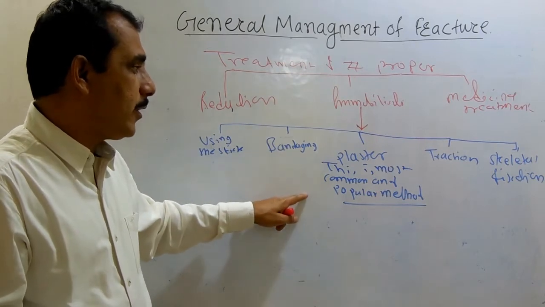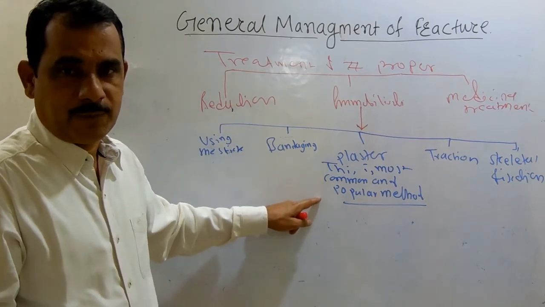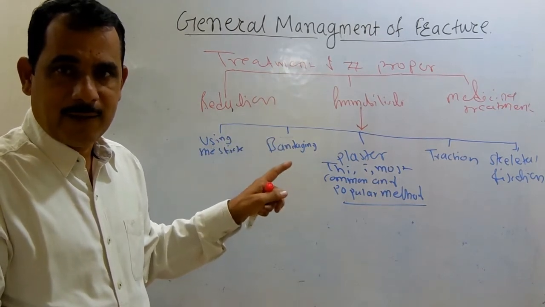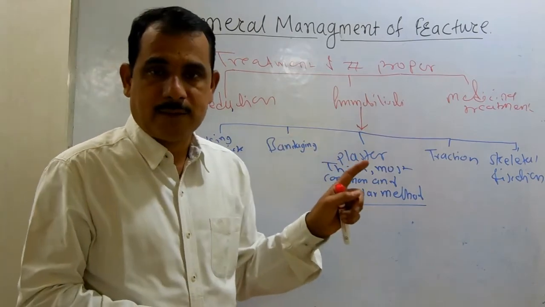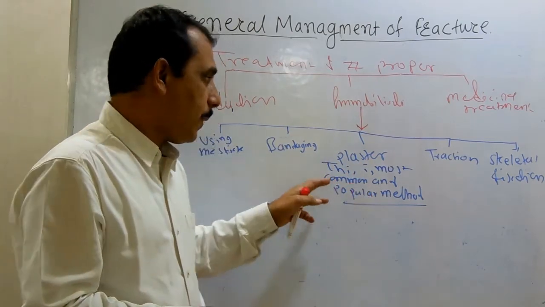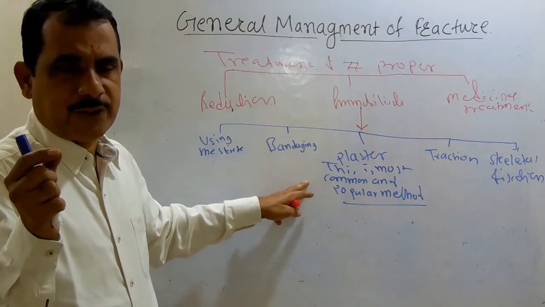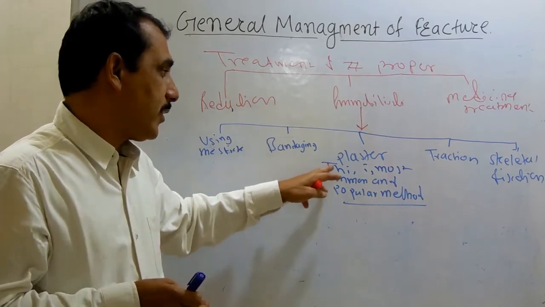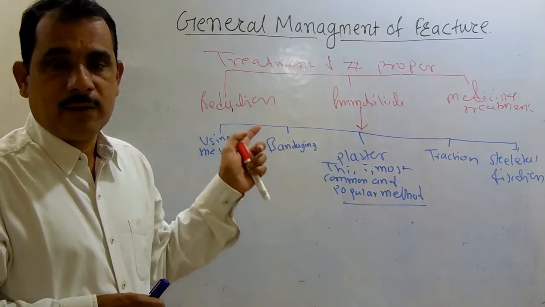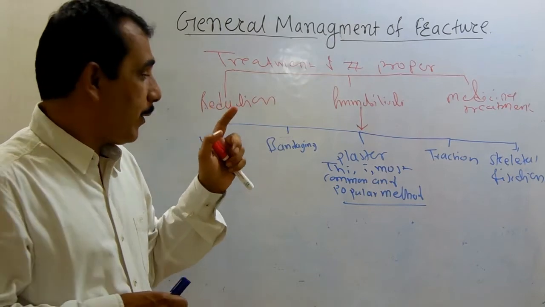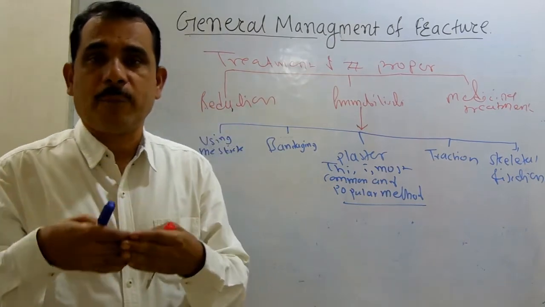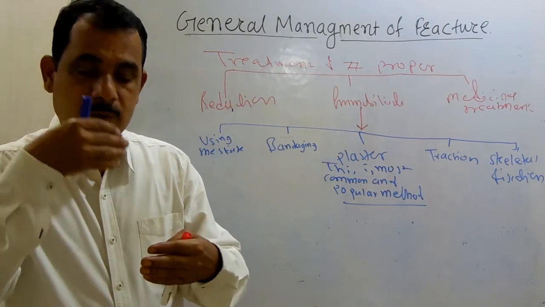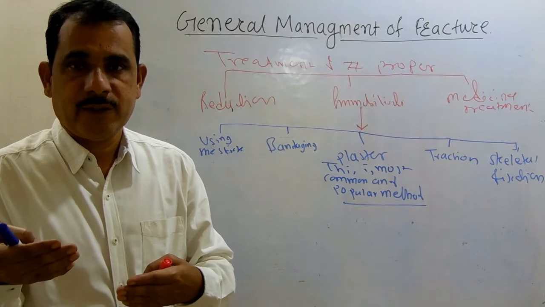When can it be used? If the fracture is simple and stable, then you can use the plaster. Most commonly the plaster is used where there is a single, simple, and stable fracture. In plaster, the bandage is embedded into the plaster of Paris and is wrapped around the part of the bone which is fractured.